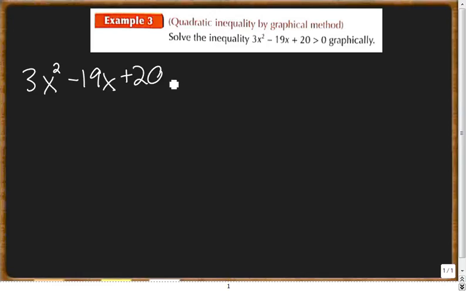So this method would be good if you had a calculator and you just wanted to quickly solve one out, or if you had a simple equation, you could just graph it out real fast and check and see what your answers are. So if I'm going to do this without a calculator,